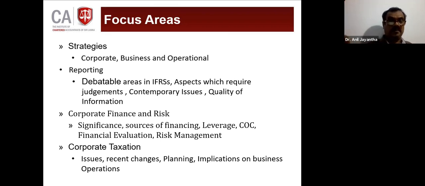Especially we know that sometimes some provisions given in the application of SLFRSs, judgment is also needed. Then you need to think of these aspects. Of course, SLFRSs are now based on robust principles and to enhance the quality of reporting. They have to deal with